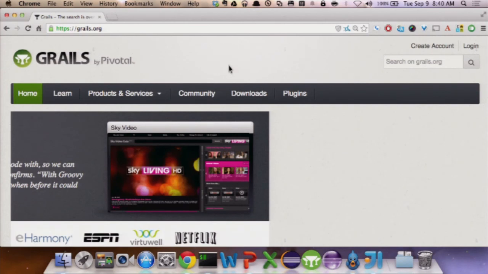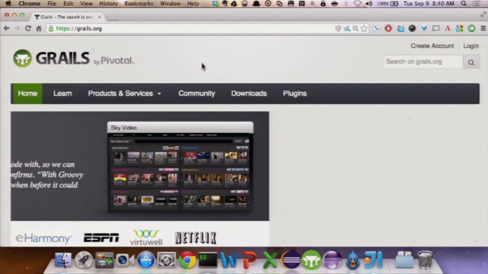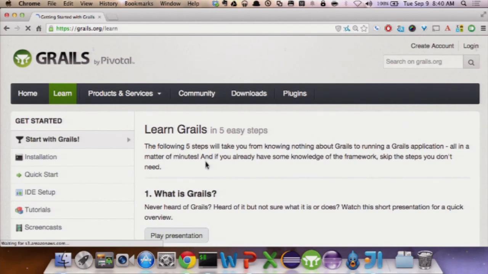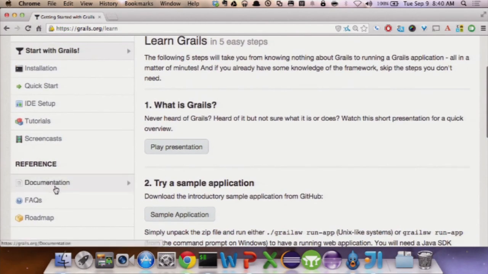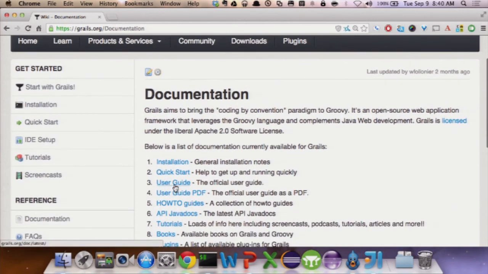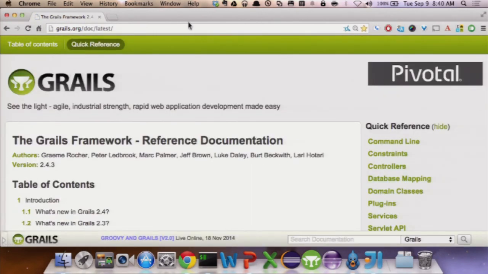Okay, now the other thing I want to point out at Grails here is where you get answers to your questions. And I keep meaning to talk to somebody here. This would be the week to do it. It would be better if I think there was a direct link to the user guide. And I'll show you how I get to it, and then I'll show you the link. The link's actually in the slides. If I go to the Learn path here, then down under Reference is a link to documentation. And under Documentation, there's my user guide. So the user guide is actually at